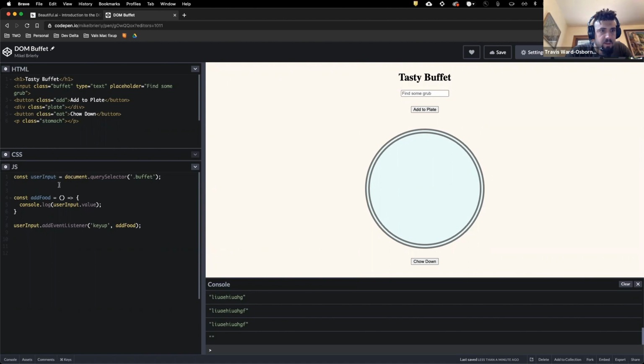Yeah, so in the HTML, let's look here. We have our input right here. Then we have a button. And then here is plate, which is a div. It's a div. So then wouldn't you